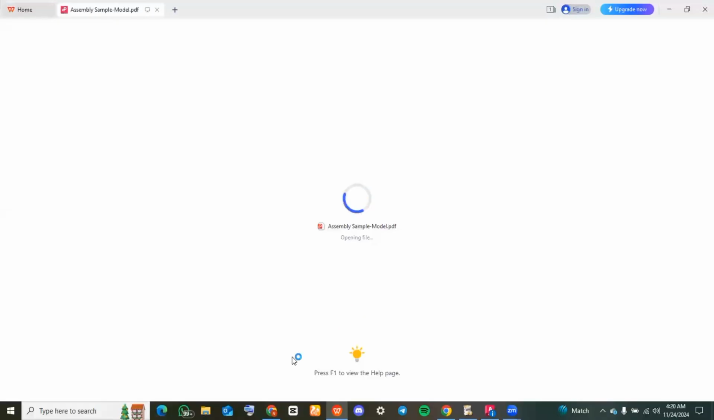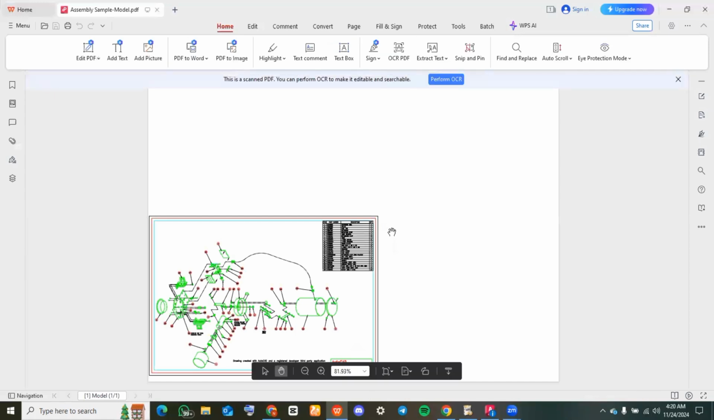Now automatically it opens up the PDF file that you just saved. So for us, we use WPS, and as you can see, this is the AutoCAD drawing that has been changed